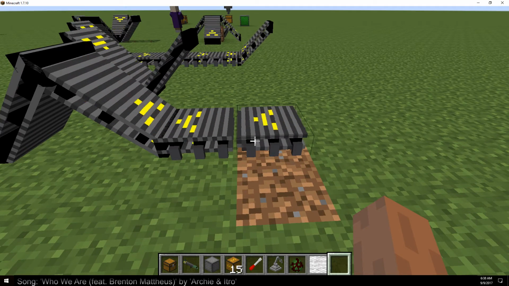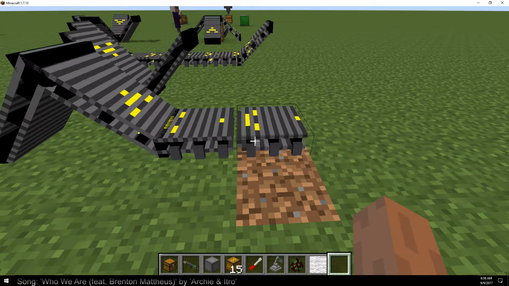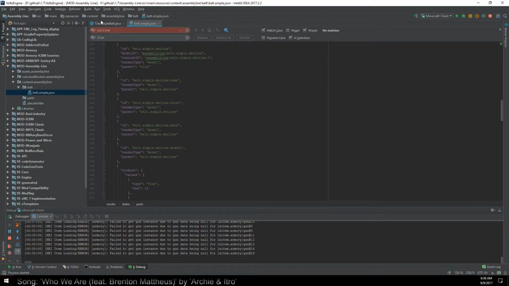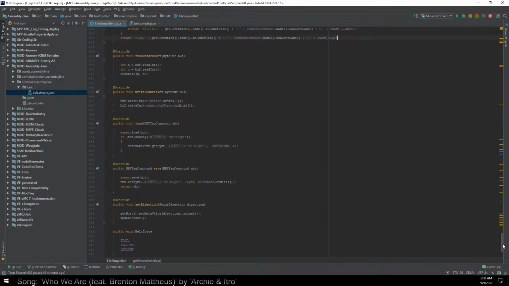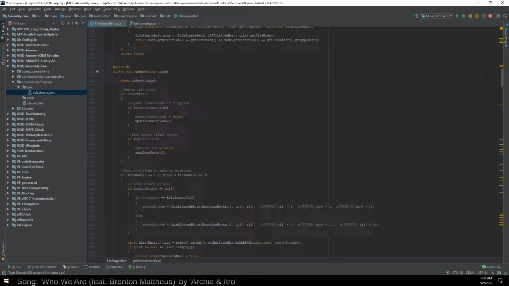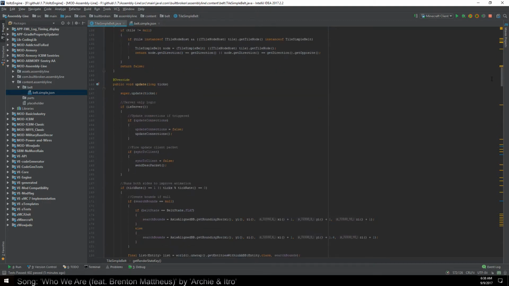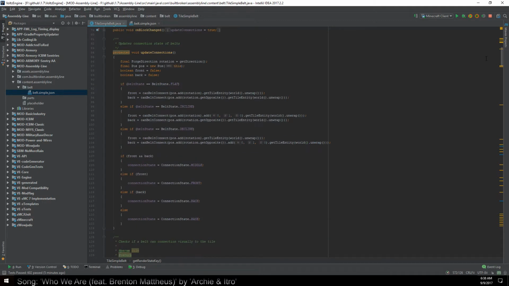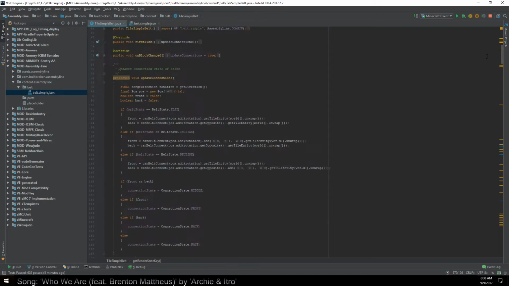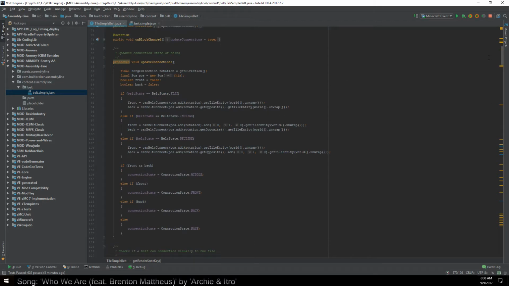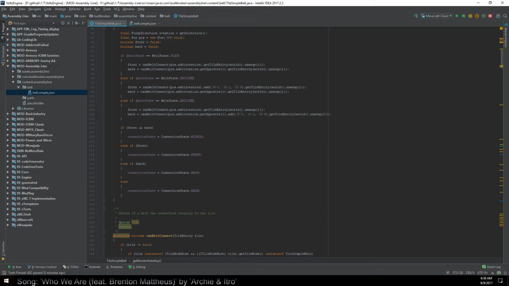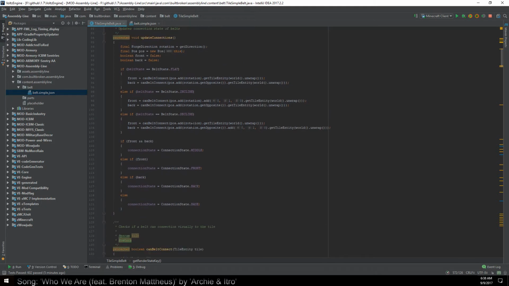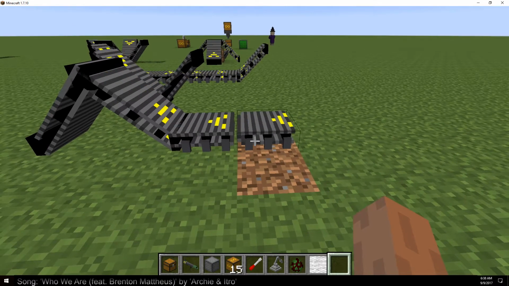It's just using the wrong piece. It should be using the back model for this one. What I need to do is really quickly add some kind of right-click behavior. And I didn't actually add a handler for that, did I? What I think might just be wrong is when we go to update the connections, I just need to invert them. Doesn't make sense, because it looks like it is using the right piece. It's just,